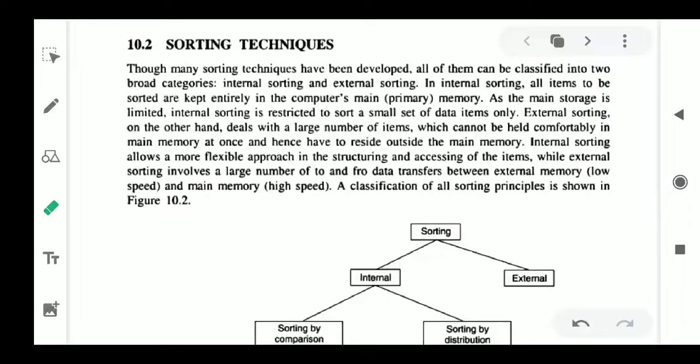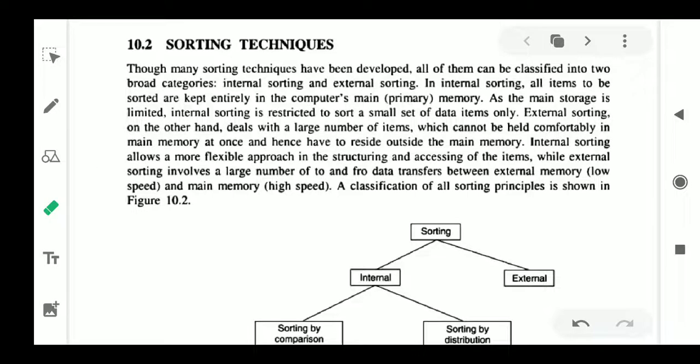In this video lecture, we are going to discuss the sorting techniques. In the previous video lecture, we saw the introduction to sorting and the definition of sorting. Sorting is nothing but arranging the elements either in ascending or descending order. So suppose we are given a list of elements, we need to sort them, or arrange those elements in some order. That is called sorting.